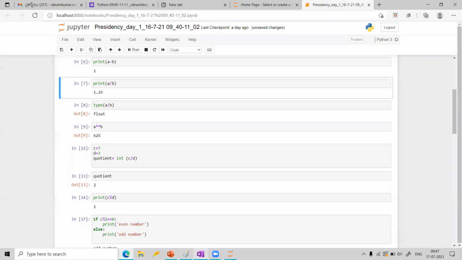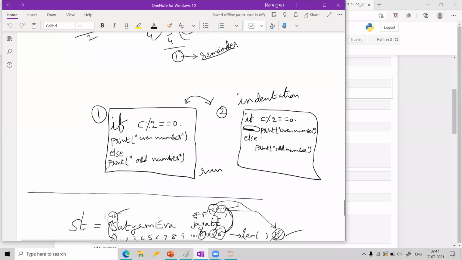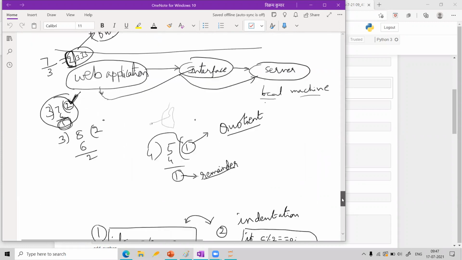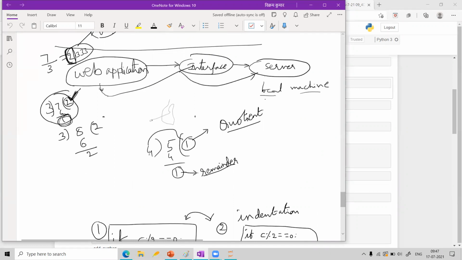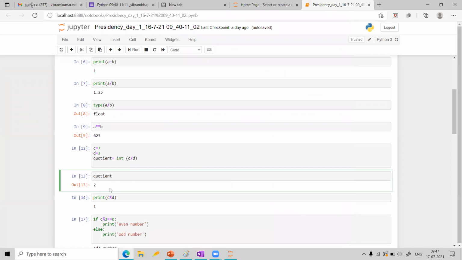So if you wanted to recall that, this is the theory we have discussed there. And I have shown some examples by giving some numbers. Something like when I divide 5 with 4, quotient is 1 and remainder also is 1. So how to get them using Python? Those are the kind of things we have seen over here.